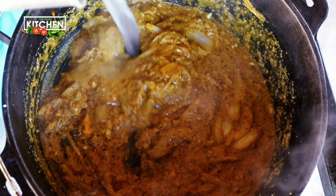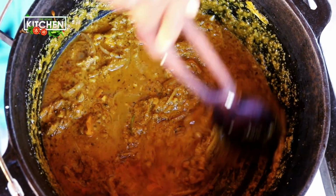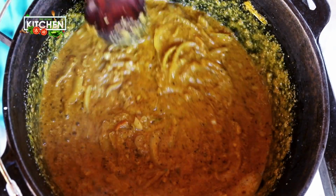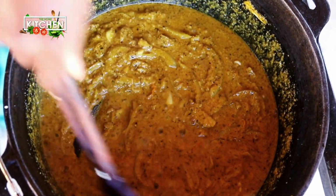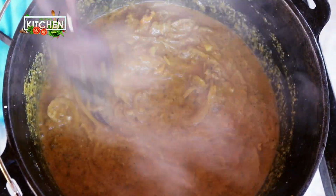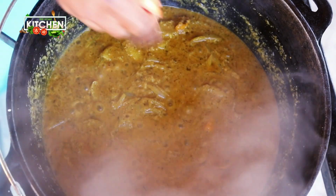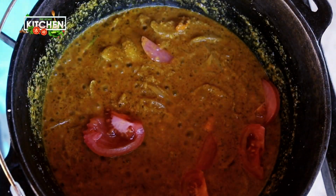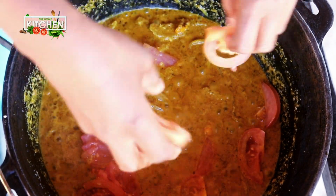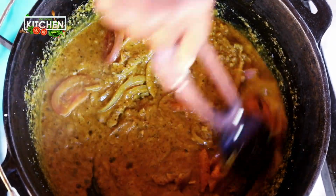Add a little bit more, and I also have a surprise ingredient which I never forget when I make any stew. It's always in my food. I love it. It's a great substitute, of course, for dairy. And remember, I said we're having a vegan egusi. I'm gonna add my tomatoes in here. So I want to put all of these flavors together before I add the famous trio, which is my plantain,